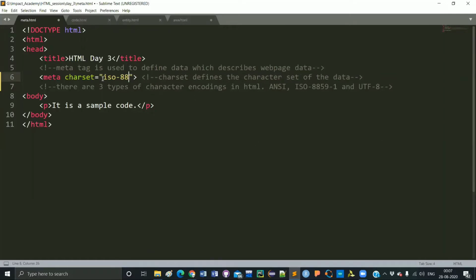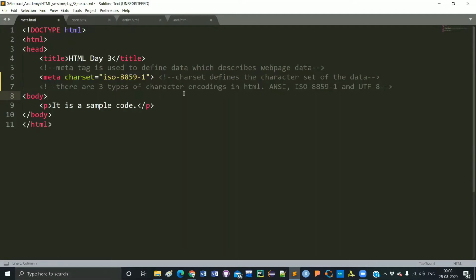Now I am not going to run this code, because this meta tag is a logical tag, and I have already said that we cannot see the effect of a logical tag. This logical tag affects the browser or the server.